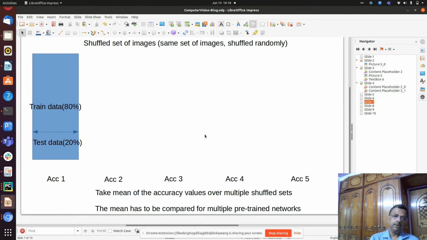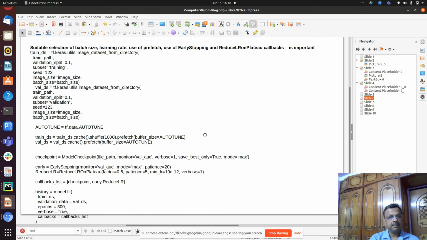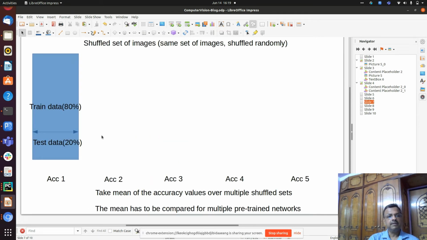So it is very important that we shuffle the set of images. Even though we used the shuffle condition in the TensorFlow dataset, in my view it is very important that we create our own shuffled datasets. And we have seen that